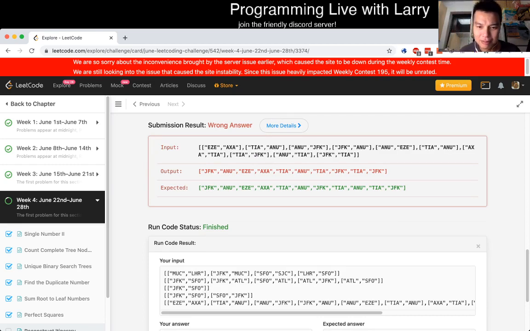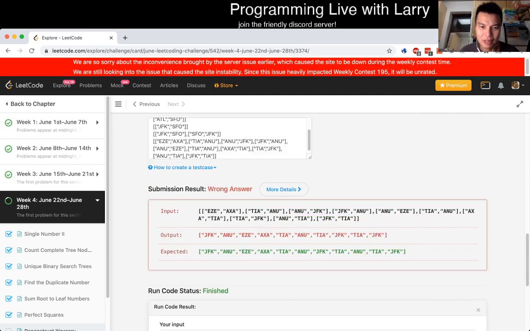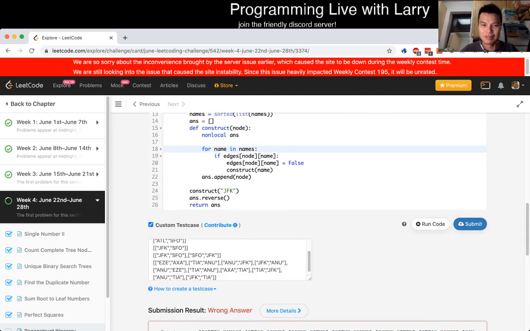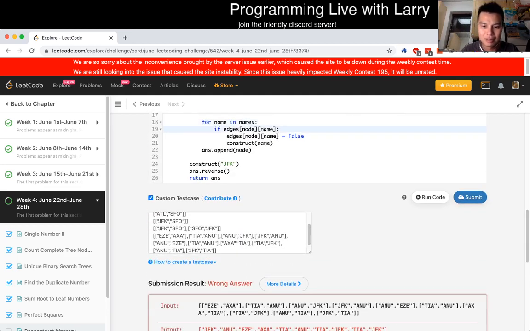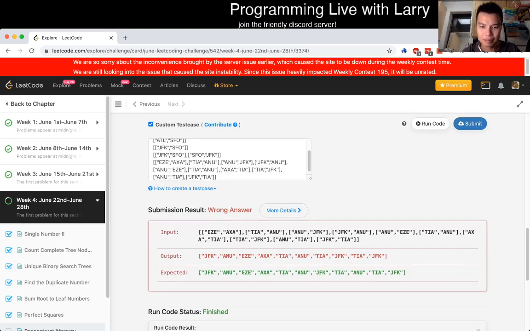Huh. That's odd. Oh no, I do have the JFK, just not in the right order. So what am I missing? Well, I called the tier to JFK multiple times.